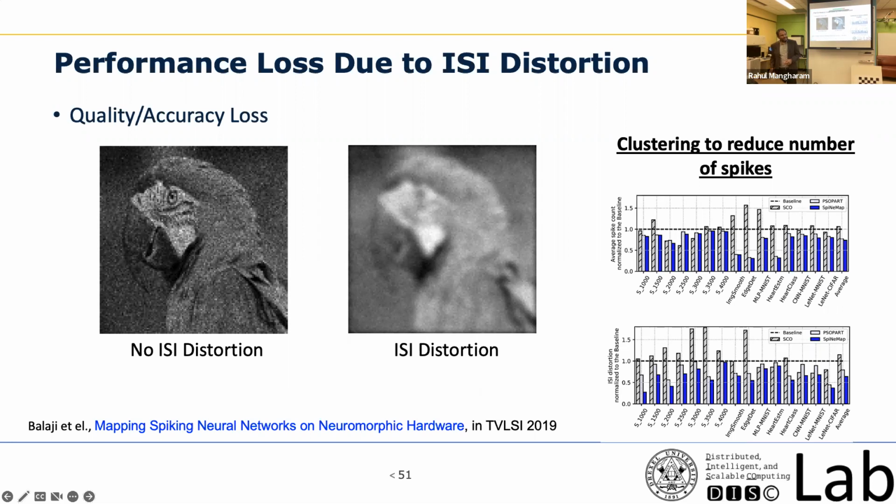So what hardware were you mapping that on? We are mapping it on a hardware called DYNAPs, which is from Zurich. That is a spiking hardware with 4 cores, but with a time multiplexed interconnect. Actually 8 cores. So basically you have 2 groups of cores, and then you have an interconnect between them. And that interconnect was time multiplexing, and our accuracy went down completely.